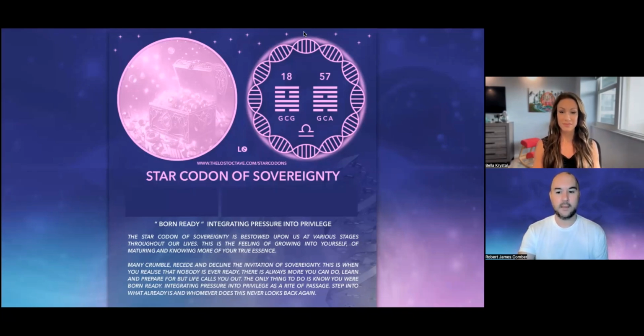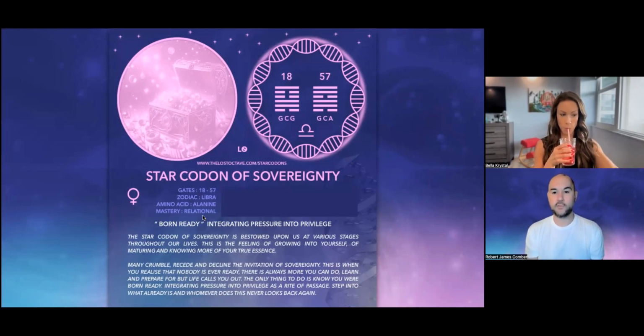And then we can see here that we write about exactly what the zodiac sign is in Libra, and we can see the sign that is ruled by Venus. We can see the amino acid. And then underneath here, I've added this in because this is part of the transmission as well. It's a really pivotal part about how to experience these gates. Because it's all right to speak about this and maybe even feel some of the beautiful words. But this goes really deep into how do we experience Star Codon of sovereignty.